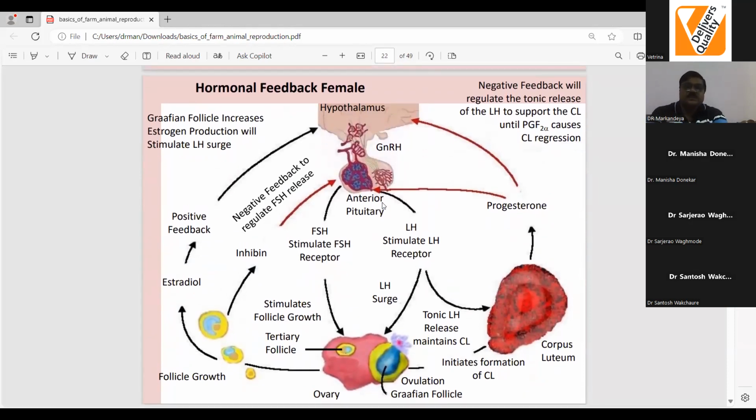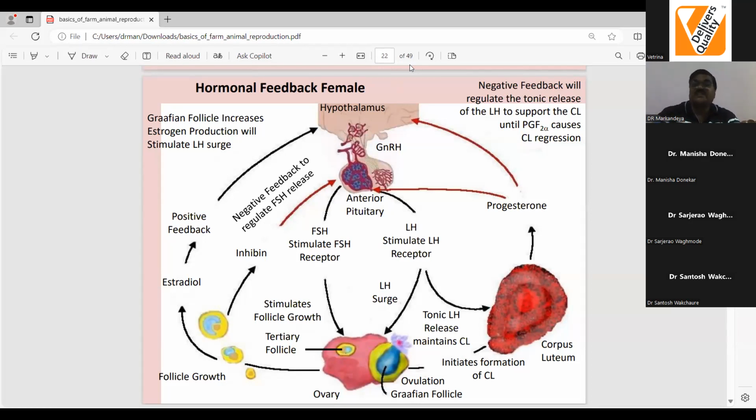Now see, whenever there is FSH, FSH will stimulate estrogen, estrogen will lead to LH, LH will form LH receptors, and they will favor progesterone. Progesterone will continue its cycle for that particular phase of some 16, 17 days, and therefore when there is an empty uterus, progesterone will be withdrawn. That withdrawal is under the effect of PGF2 alpha. PGF2 alpha will reduce the level of progesterone. Reducing levels of progesterone will indicate to the hypothalamus that I am now reducing.